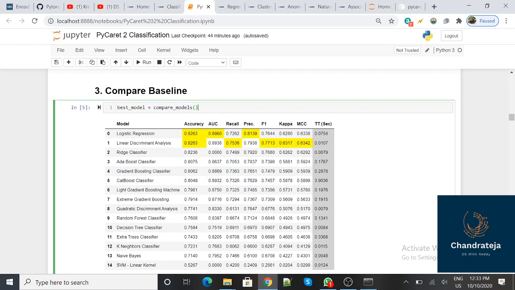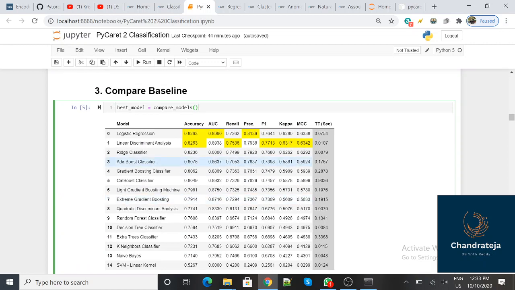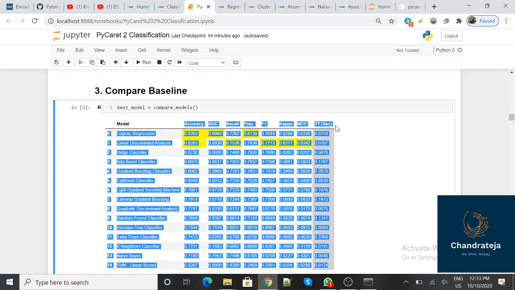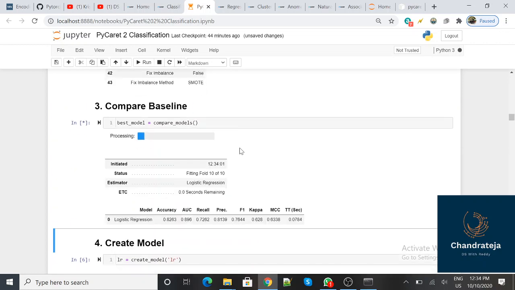For this environment, once you have set it up, it will build all 14 or 15 classification algorithms automatically using a single command, compare. Since we are dealing with a classification model, the classification metrics will also be shown. It will pick which algorithms give the highest accuracy, precision, and recall, and place those at the beginning. So let's execute this command and see.